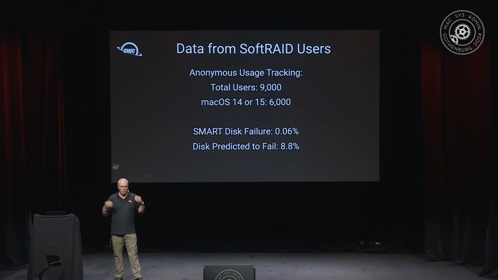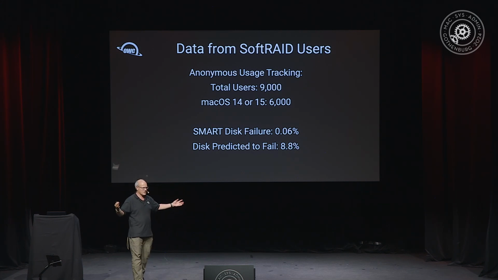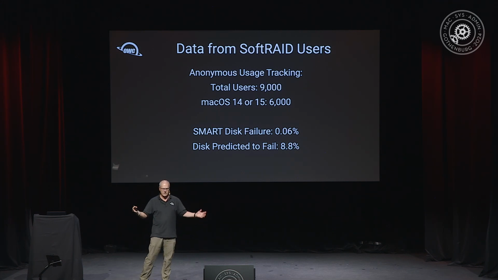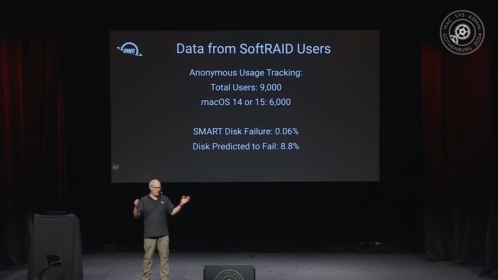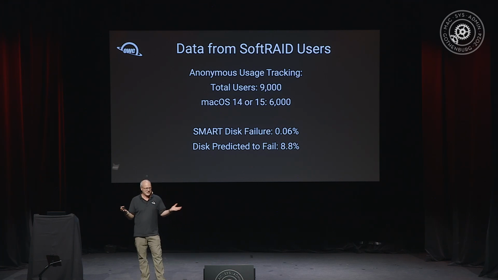So we have a way of, as every other software product does, an opt-in for anonymous user tracking. We have 10,000 people opted in. Of those, 6,000 are using macOS 14. The really surprising thing I found when I prepared for this talk was that almost 10% of those people have had a predicted-to-fail drive, a drive that they've been using that we flagged as predicted to fail. I was surprised because I didn't expect it to be that high, but it really shows you that this